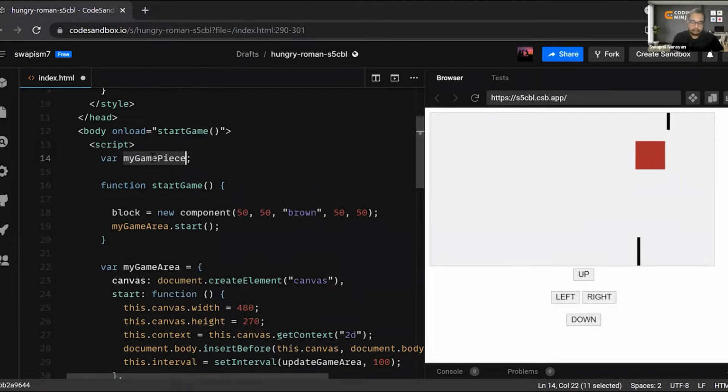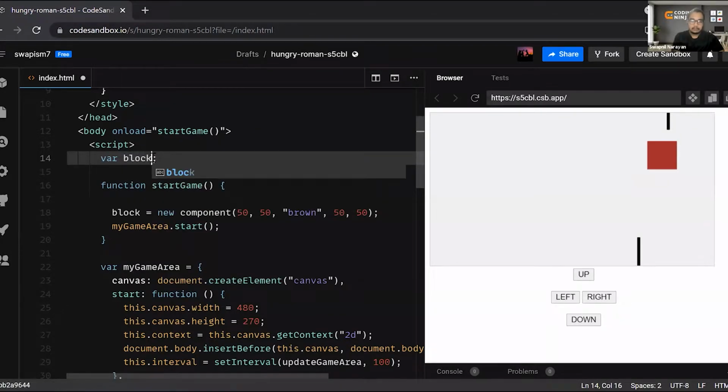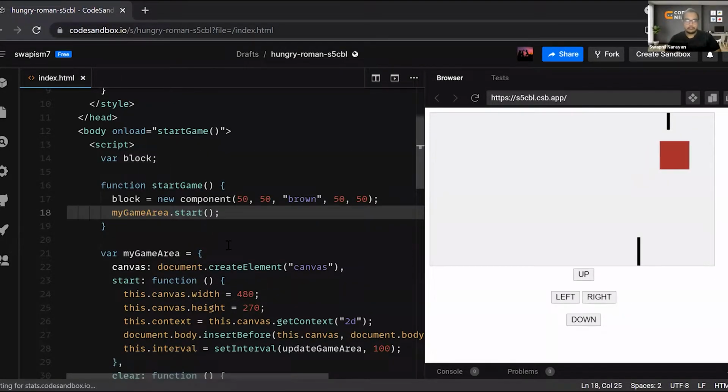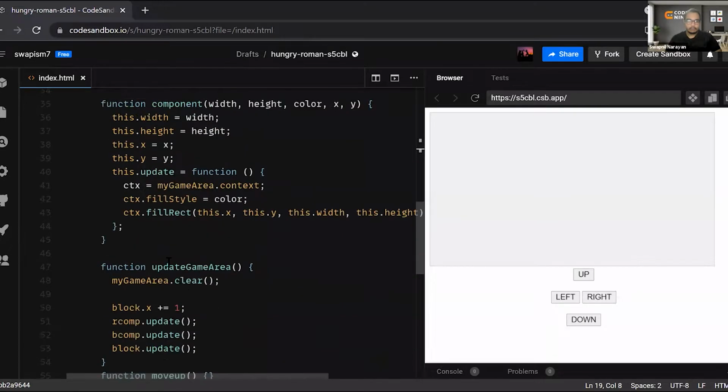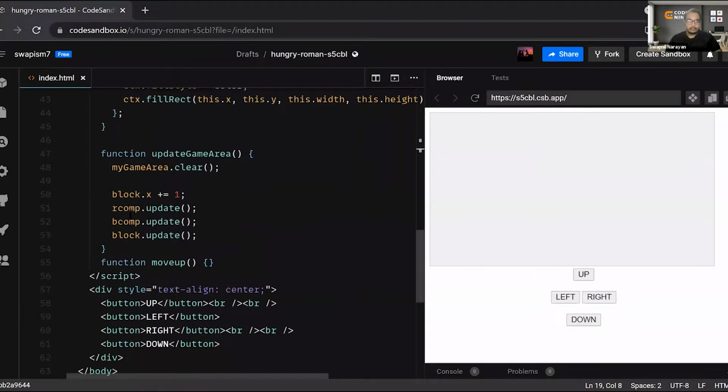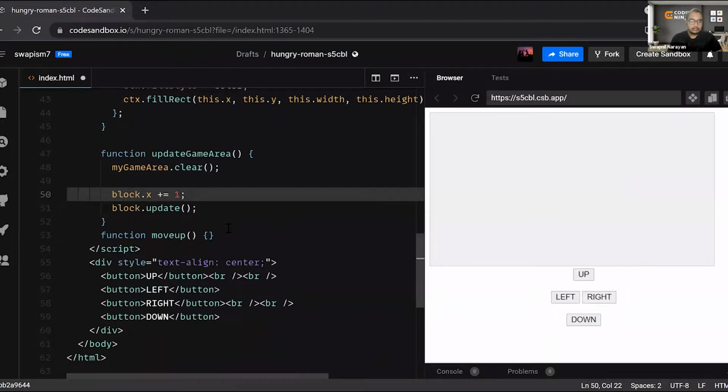Block only. Wait a minute. Yeah, over here I need to edit these ones. So currently I'm just having the block.